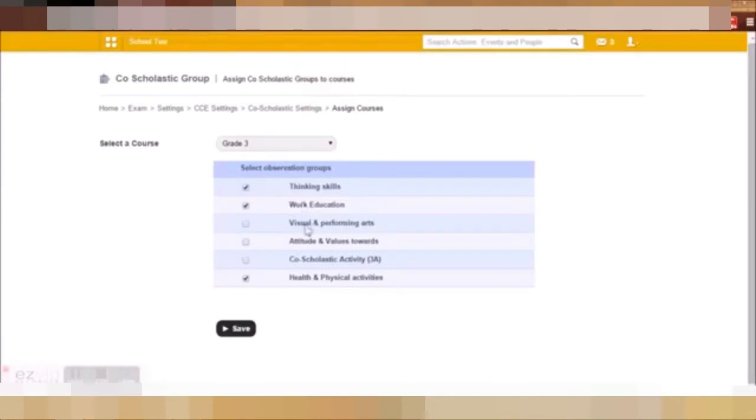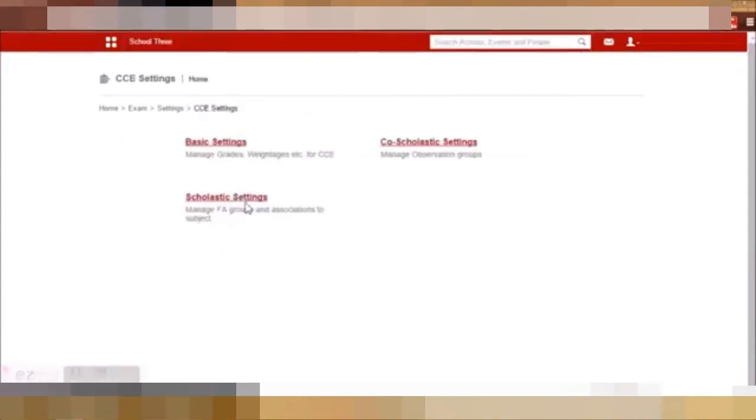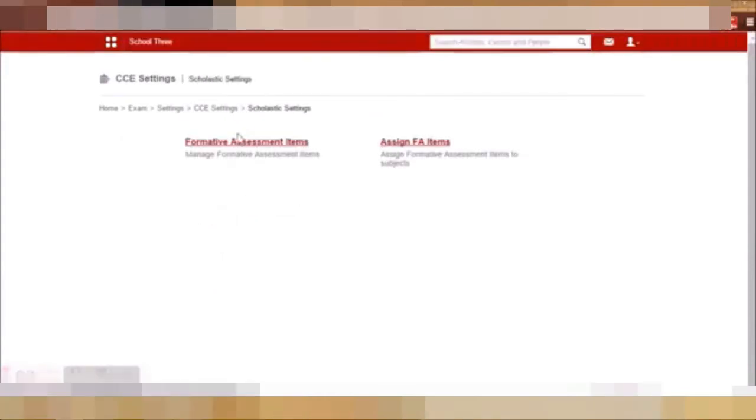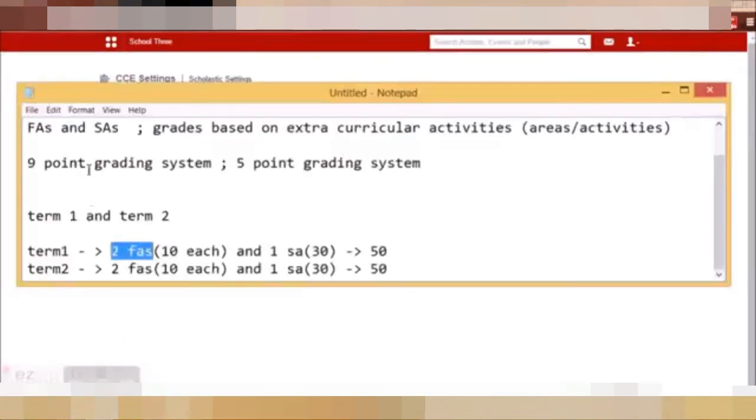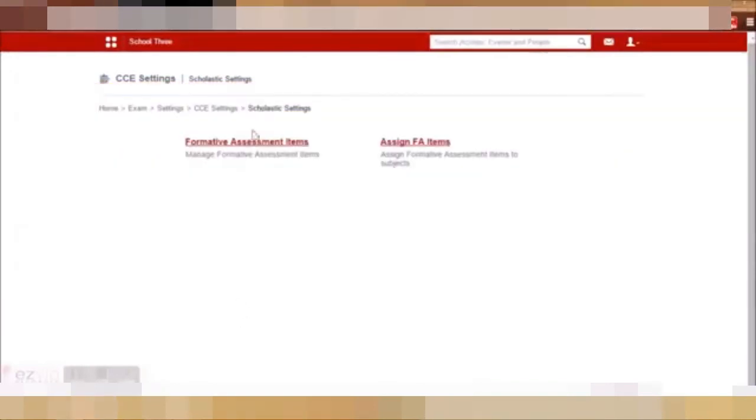Now after we have done this, we need to do essay. So we have done FAs, we have done the course scholastic items and assigning them. Now we are left with essays. So let's do essay. So for essay we can go to exam management. So essays are created like normal exams because they are again the written exams that the student will be writing